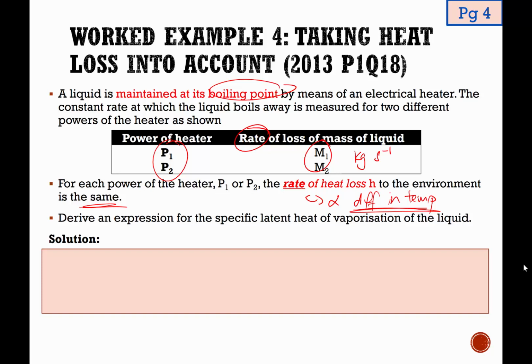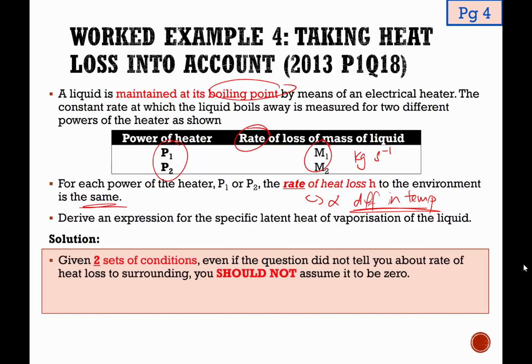So finally, in this question, we are required to derive an expression for the specific latent heat of vaporization of the liquid. Now, some of the things that you must rationalize here: we are given two sets of conditions. So even if the question did not tell you that there's a rate of heat loss to the surrounding, unlike in this case where the question did specify, but even if the question did not tell you about the rate of loss of power to the surrounding,